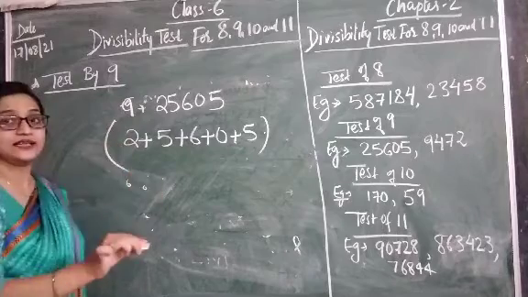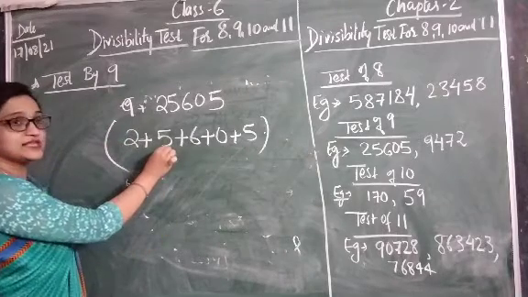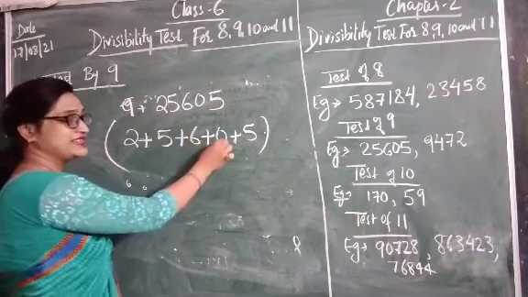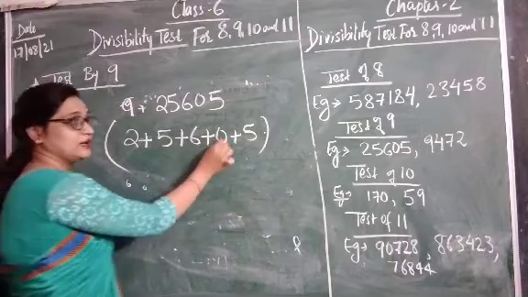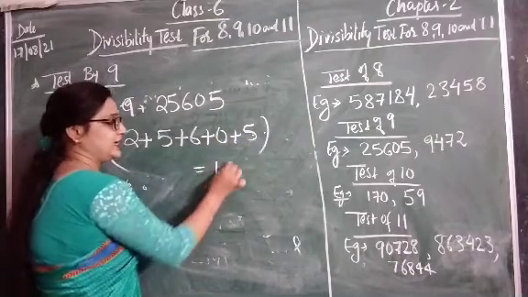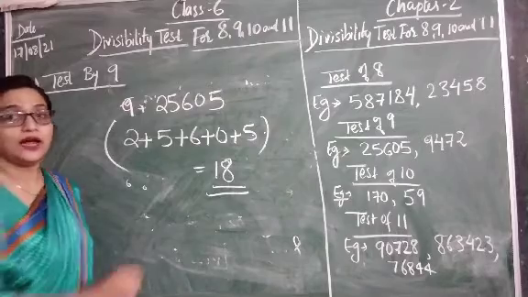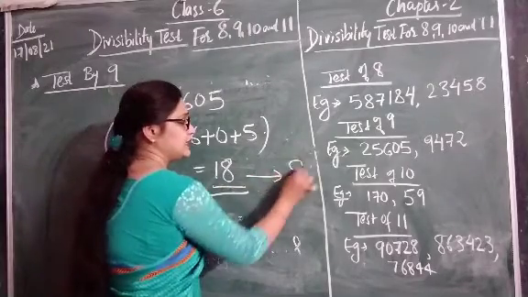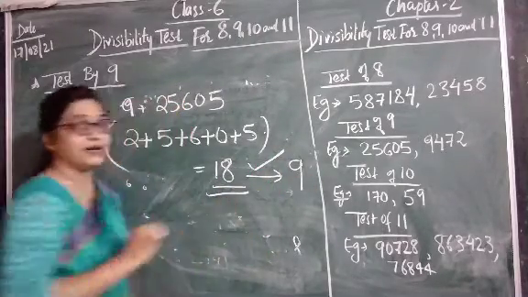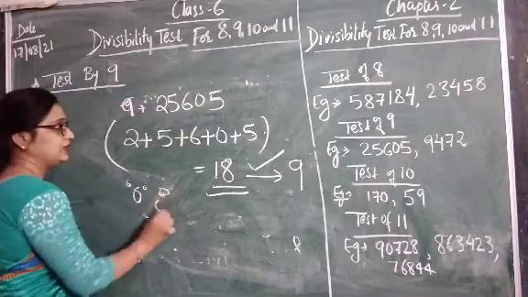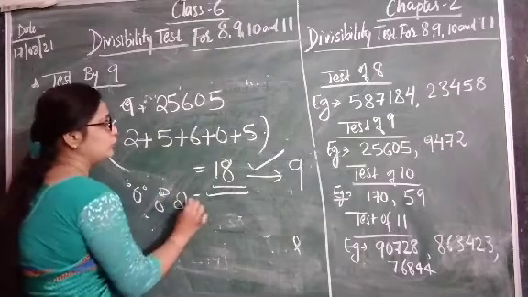Okay, just add them. 2 plus 5 is 7. 7 plus 6 is 13. 13 plus 0, 13. 13 plus 5 is 18. We are getting 18, and this 18 is divisible by 9. Therefore we can say that the given number 25605